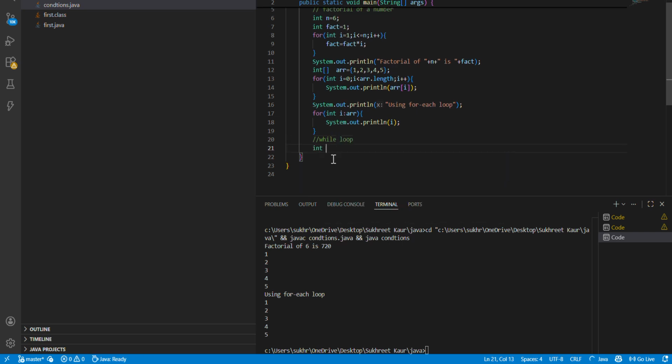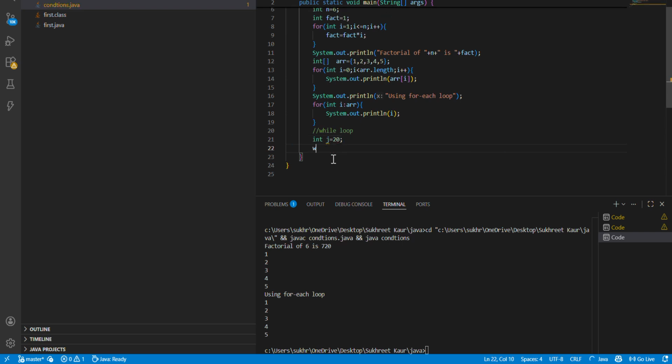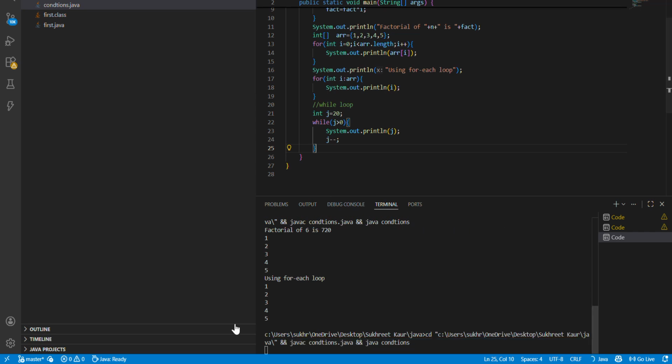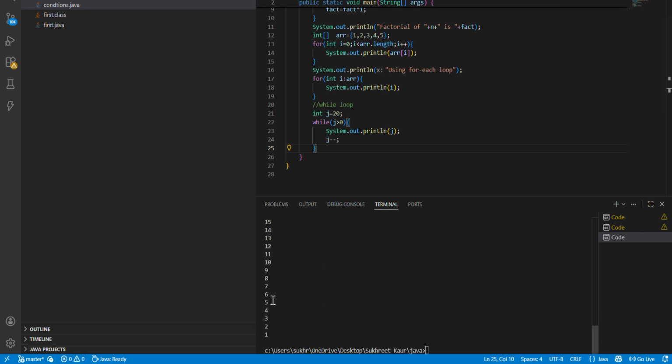I am writing a condition: int j is equal to 20. Okay. While j is greater than 0, keep printing our result, and decrement j each time. See, we are printing 15, 14, 13, 12, 10. See, yes, this 20. From 20 it is going to print it, and you can even see that while loop,